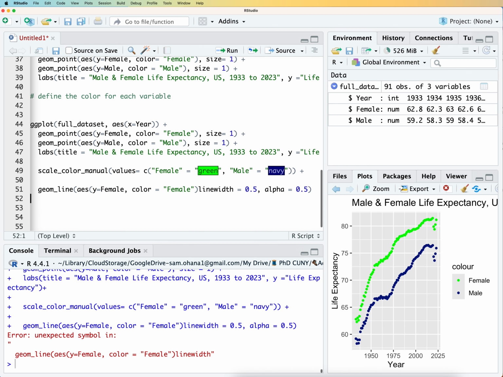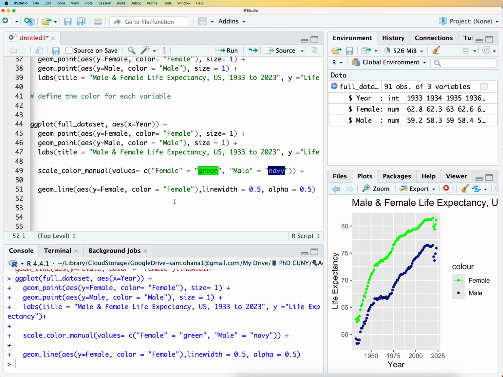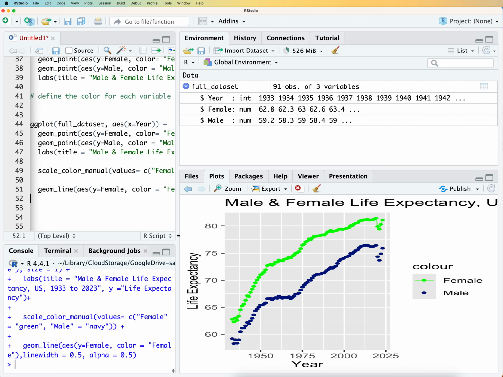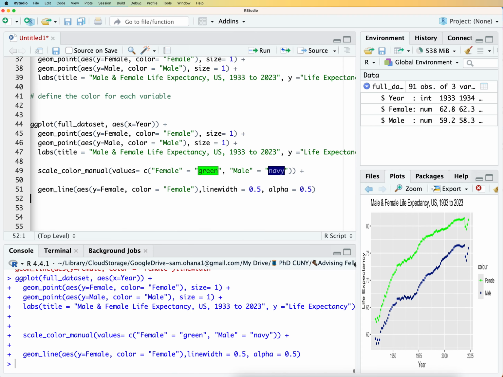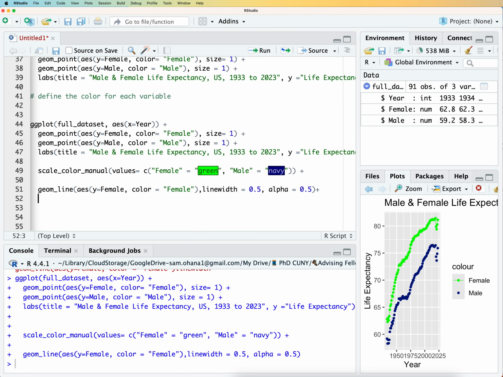So let's see how that looks. Unexpected symbol. Oh, I think we need a comma here. Is that right? There we go. Okay, so we've begun. We can start to see now, if I move this across, that we've got a semi-transparent straight line go through all the data points, and that's quite convenient because it connects the data points we've got here. So that's nice. And then we'll do the same again for